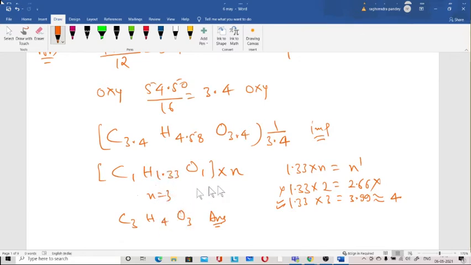If you give the example of that question, then only I can understand, but that is not the case every time. If it is 1.1 you can take approximately 1. 1.3 you can take approximately 1, but if it is 1.33, it is difficult to take it as 1. If other numbers are higher, suppose carbon is coming as 4, oxygen is coming as 6, and hydrogen is coming as 1.33, in that case you can take hydrogen as 1, no problem.